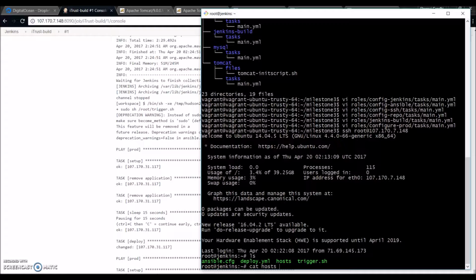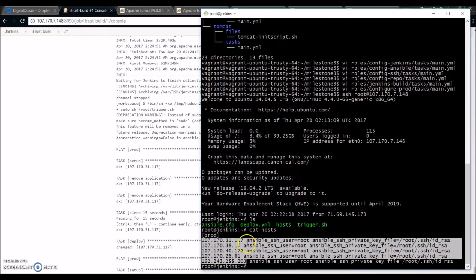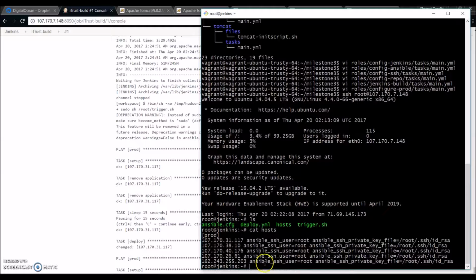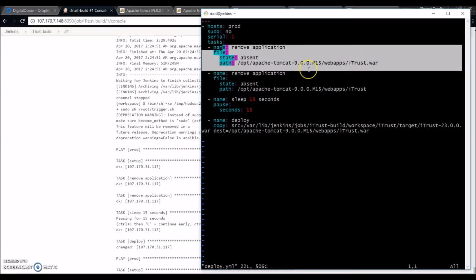If you see hosts, we have the IP addresses of the production servers. We have 5 production servers here, and the deploy file, basically what it does, it removes any existing application of iTrust,